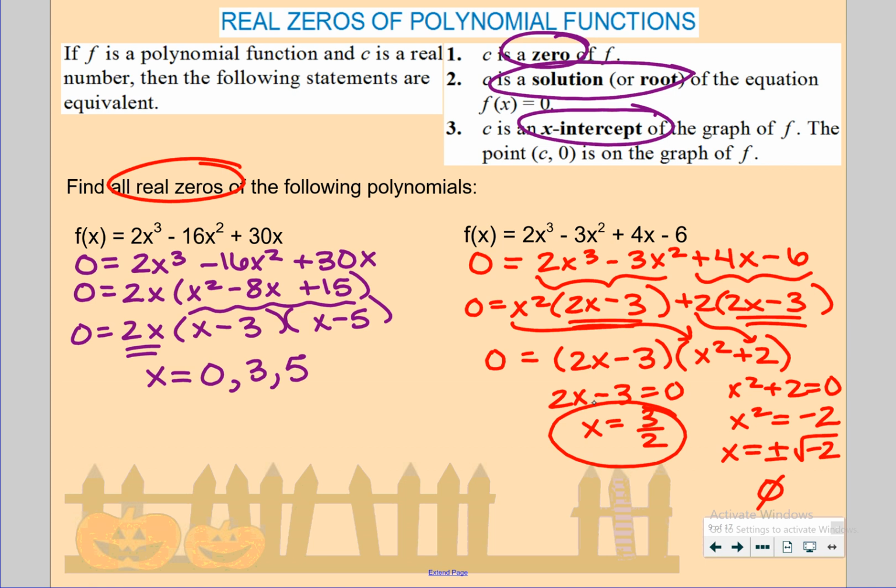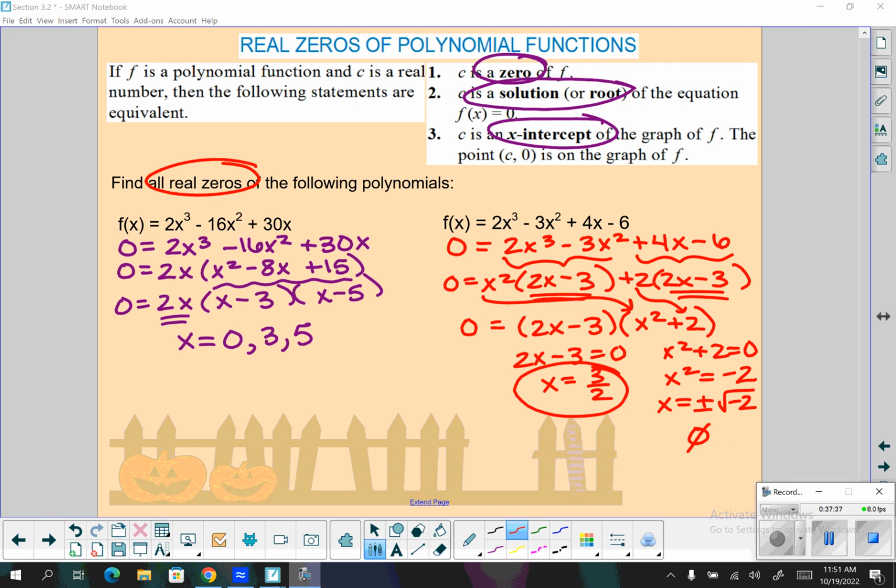All right, we got 10 minutes left. Do you want to see your tests? No? They were pretty good. You want to know what your average was? Pretty good. I mean,